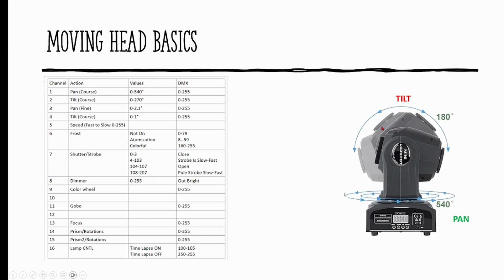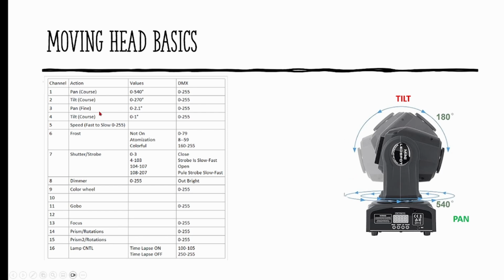We talked about the 0 to 540. When we put a value of 0 to 255 in the pan number, it will rotate anywhere from 0 to 540 degrees. Same with the tilt, because we have 270 degrees. If you go from 0 to 255 in the value of the DMX value, it will go from 0 to